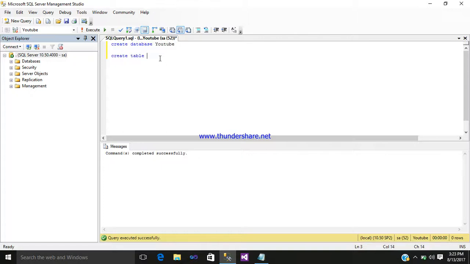Create table. The name can be anything. I would use viewers. Just open, close it, and whatever data I want. Suppose I want vid in integer, that is an integer data type,